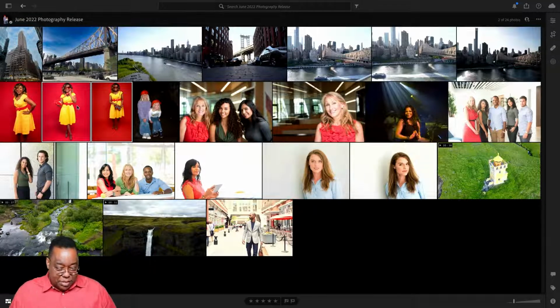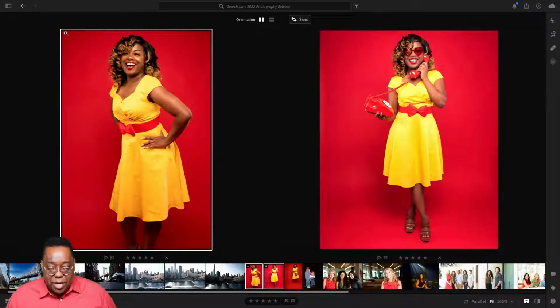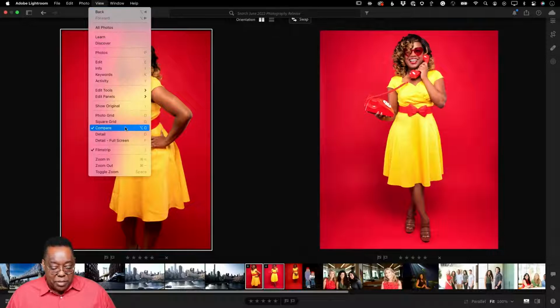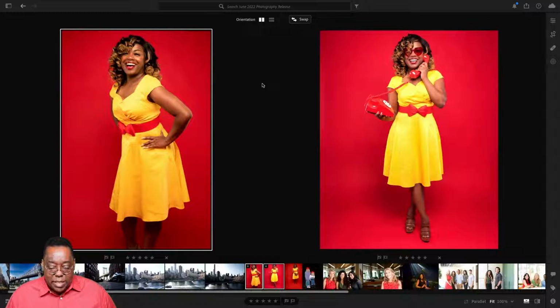So for example, let's grab these first two, this one and this one. And let's go to Option or Alt-C. That'll take me into Compare. You can also get to it from the menu. You can get to it from the View menu. There's Compare. But anyway, now that I'm here, I can see the image on the left, which is the candidate,